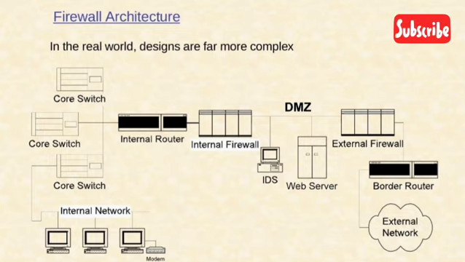So next one is the DMZ, that is a demilitarized zone. The area here is called the DMZ. It's a special network segment designed to add an extra layer of security between the internal network and the outside world. It's where you place systems that need to be accessible from the internet, like web servers or email servers. This way, even if an attacker compromises a server in the DMZ, they would not be able to get directly